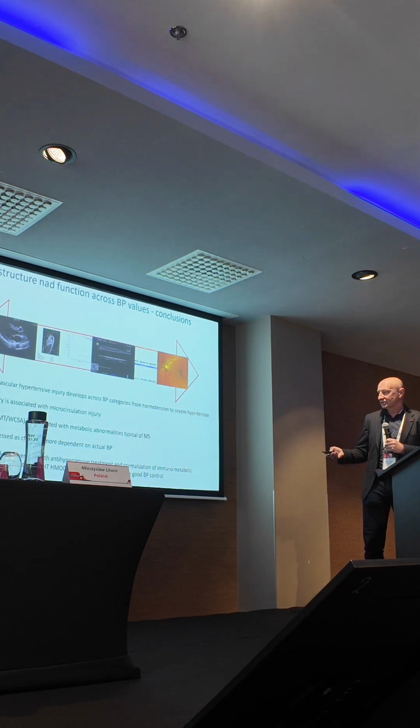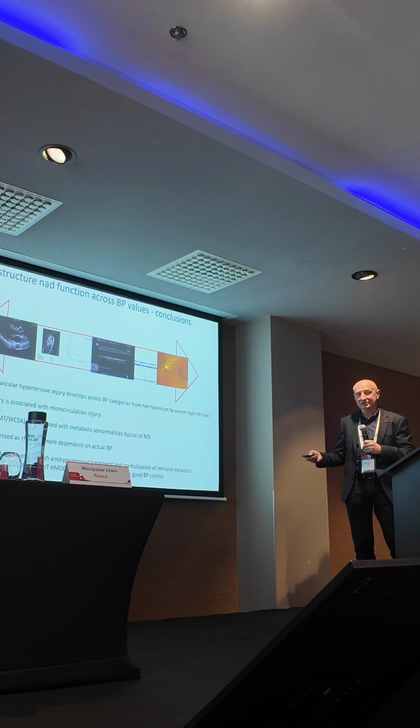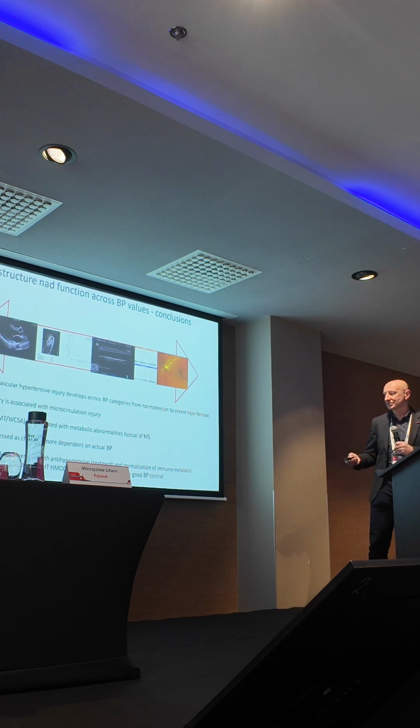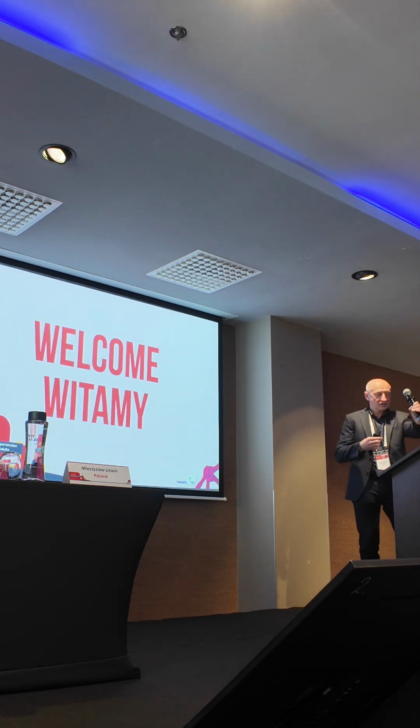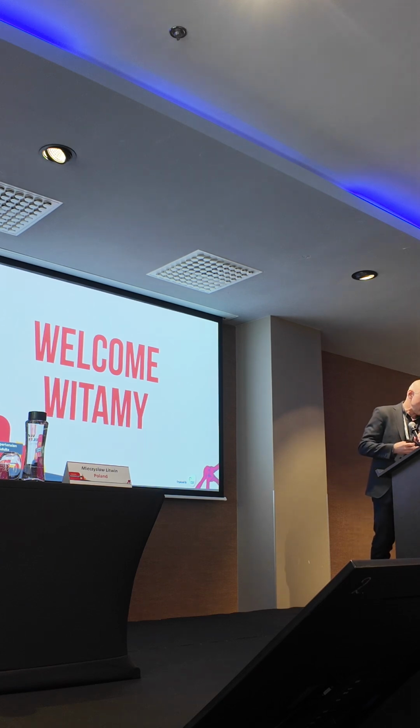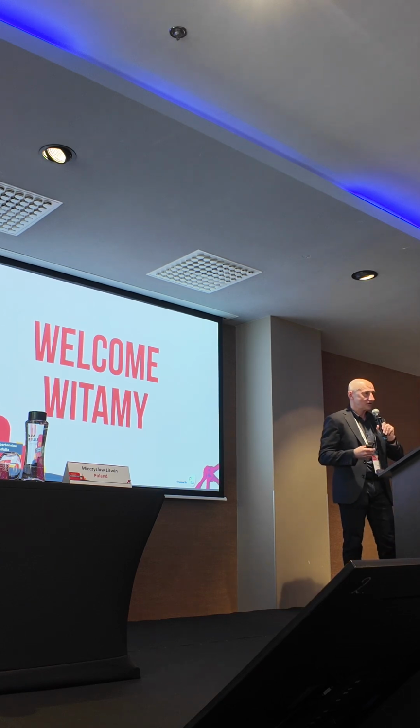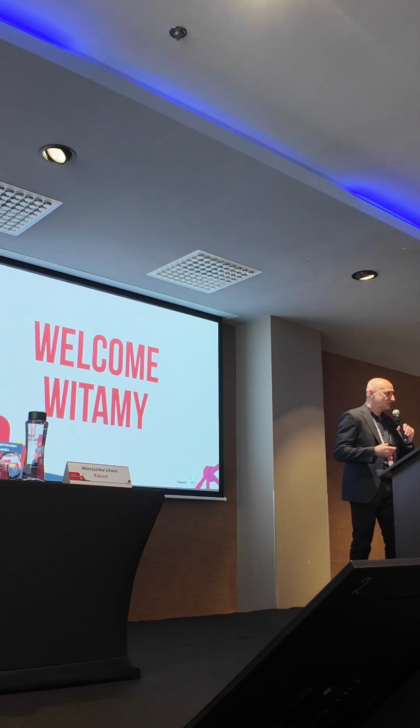This marker is associated with metabolic abnormalities typical of metabolic syndrome. And we can also assess arterial stiffness, the function of large arteries, by assessment of carotid-femoral pulse wave velocity. So I think that we will still have some time to show how to assess pulse wave velocity, and I will ask